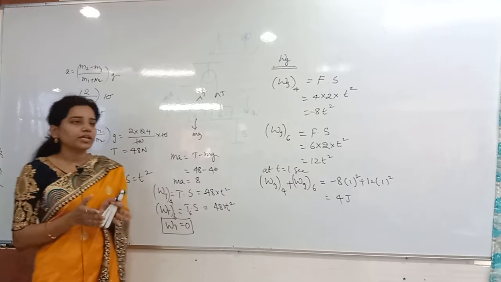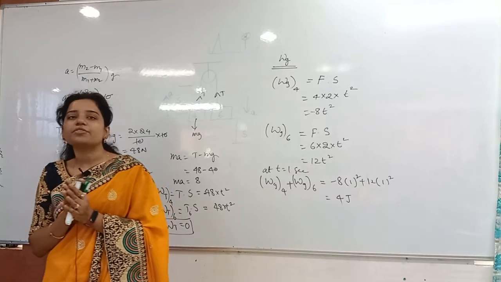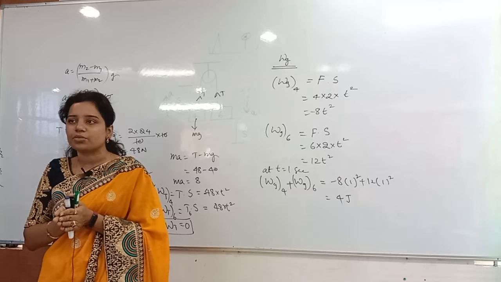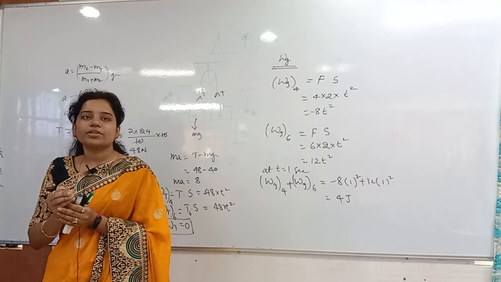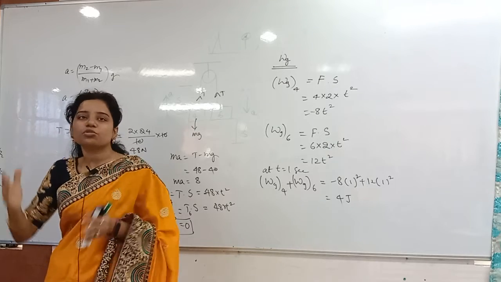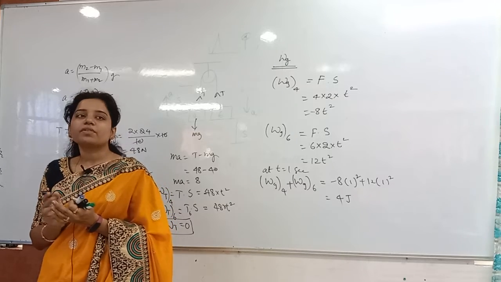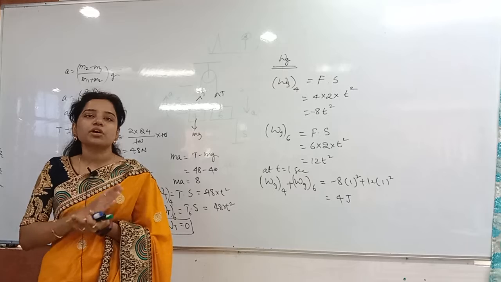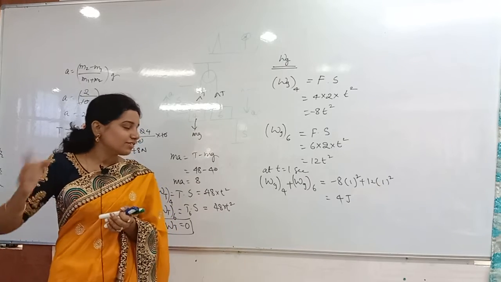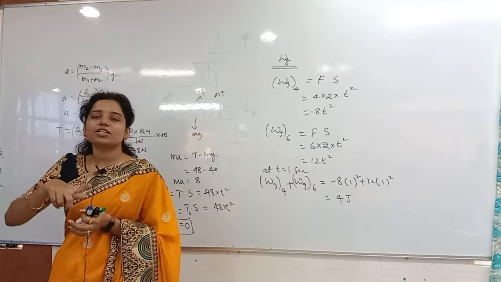So here, whenever I have taken an Atwood machine, not only this problem, any problem, all the Atwood machine cases, horizontal table and inclined plane, all these kinds of Atwood machine problems, the work done by the gravity is how much? Nothing but 0. Why? Because gravity is only causing the displacement on two bodies, same displacement, same acceleration, so work done is how much? 0. But work done by the tension is equal to how much? Nothing but it is not equal to 0. Clear? Work done by the tension is 0, but, I am sorry, I am saying it in reverse. Work done by the gravity is not 0, work done by the tension is 0.